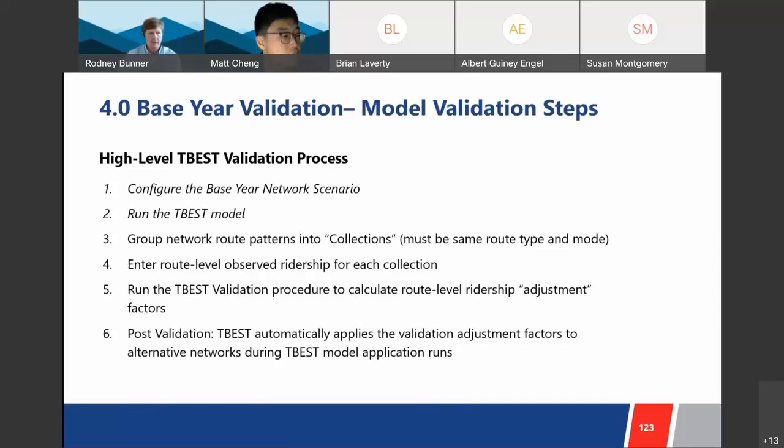So in terms of the high-level validation process, like I said, we've already configured the base year network. We've run the TBEST model, where it's in the process of running. Our next step is to group network route patterns into collections, so that we can aggregate the route patterns so that they match our observed ridership levels. So what that means is that